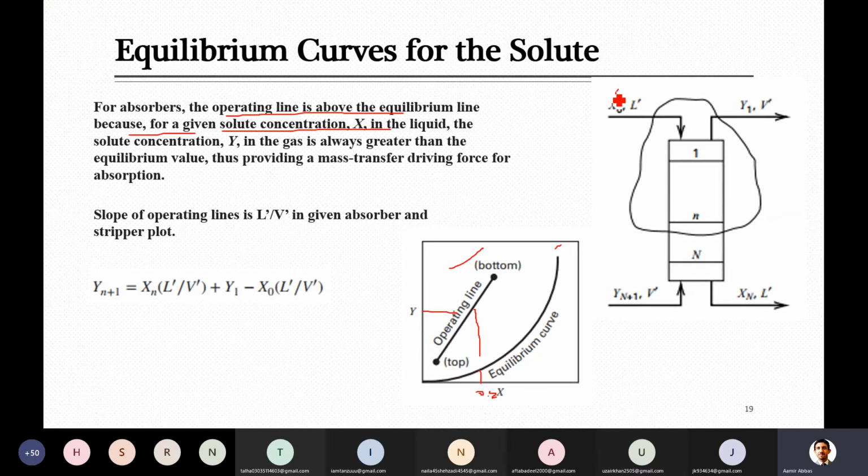Good. Initially, when you start the operation, definitely it is pure liquid. But in those systems in which we regenerate the liquid and bring it back, there will be a very small amount, and we try to make that zero. So let's say it is a negligible amount or zero. But on the other end, when this liquid comes to the first tray and comes in contact with the vapor coming from the bottom, will there be any solute inside the vapor stream or not?